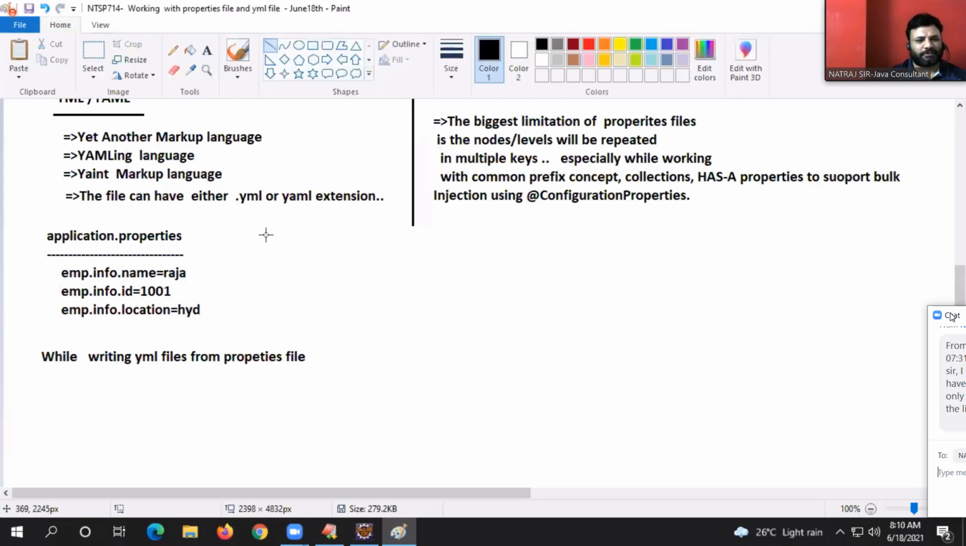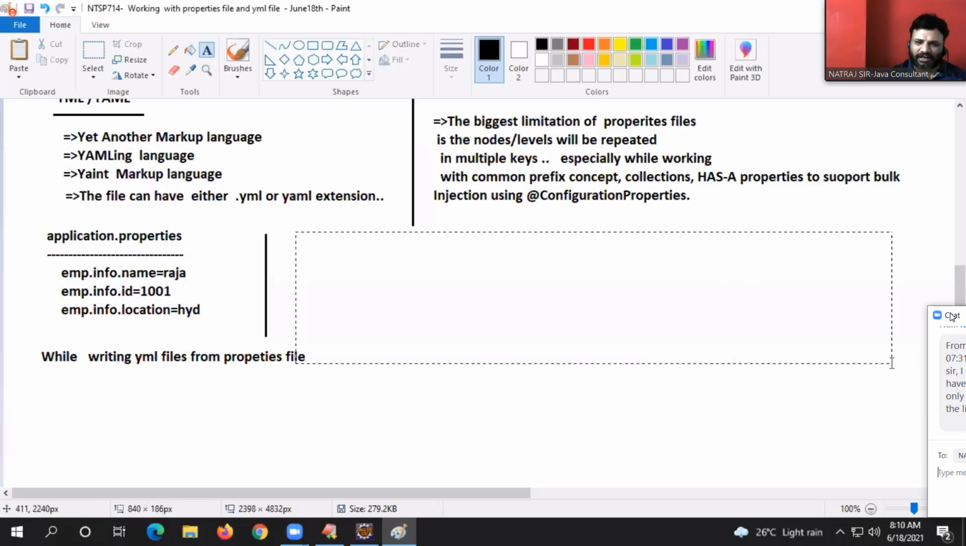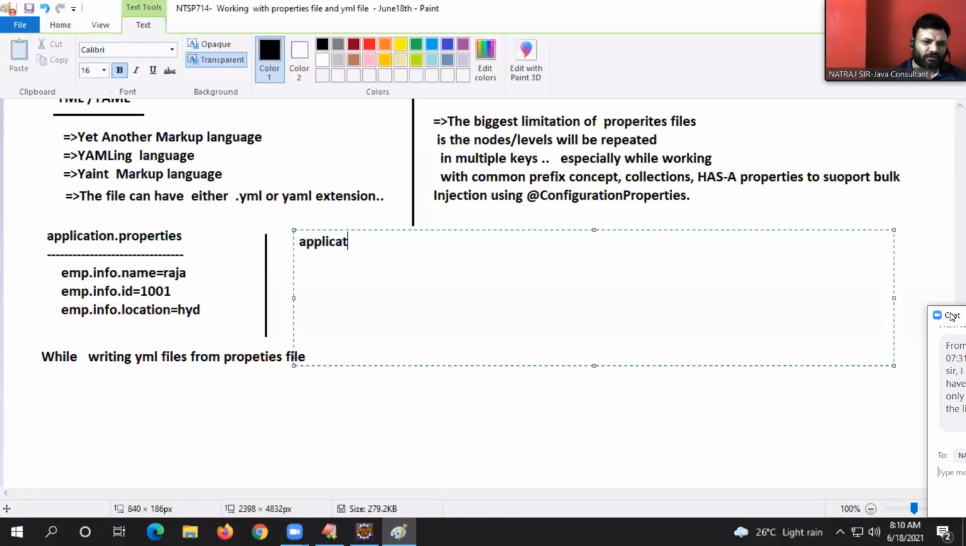Now come to this place, guys. How to write this as a YML file? Application.yml. What's the main intention? Avoiding duplicates, duplication of the nodes in the keys. Now listen, here also the hash symbol indicates a comment. Now EMP colon. Now listen, next node, next line. To tell that it is a sub node,